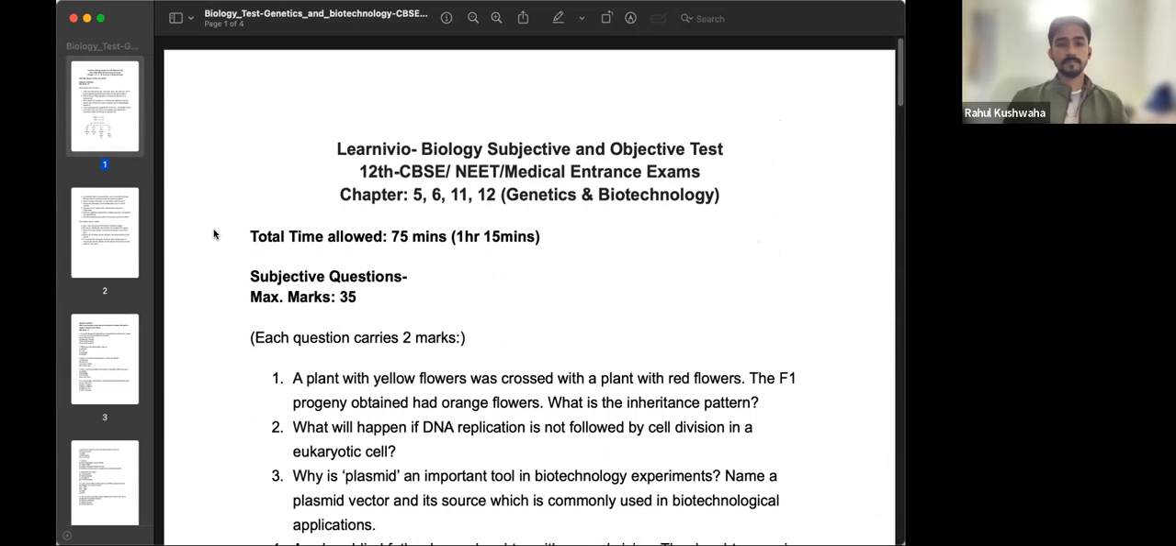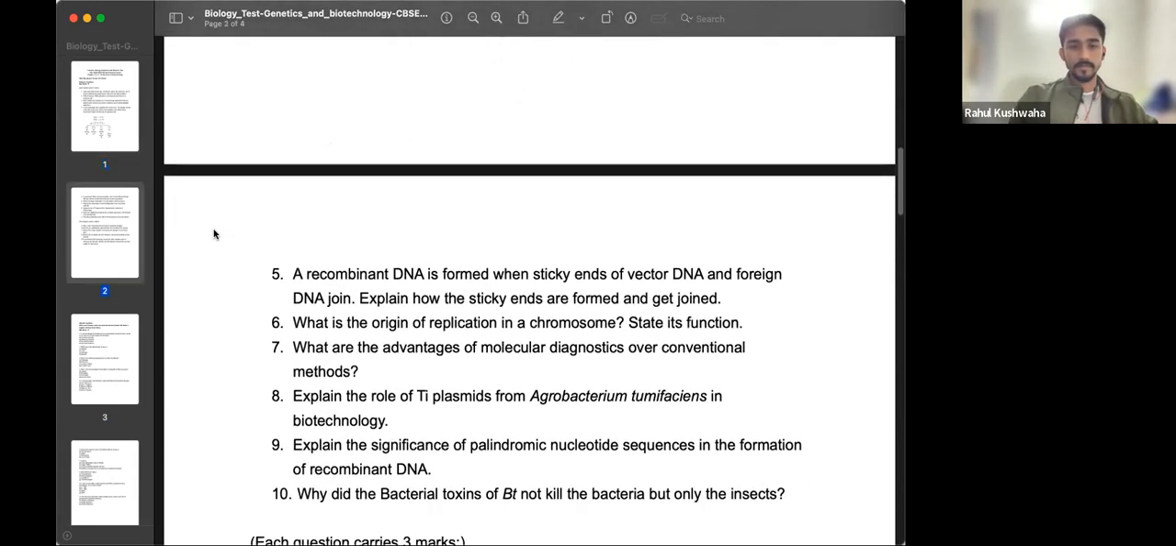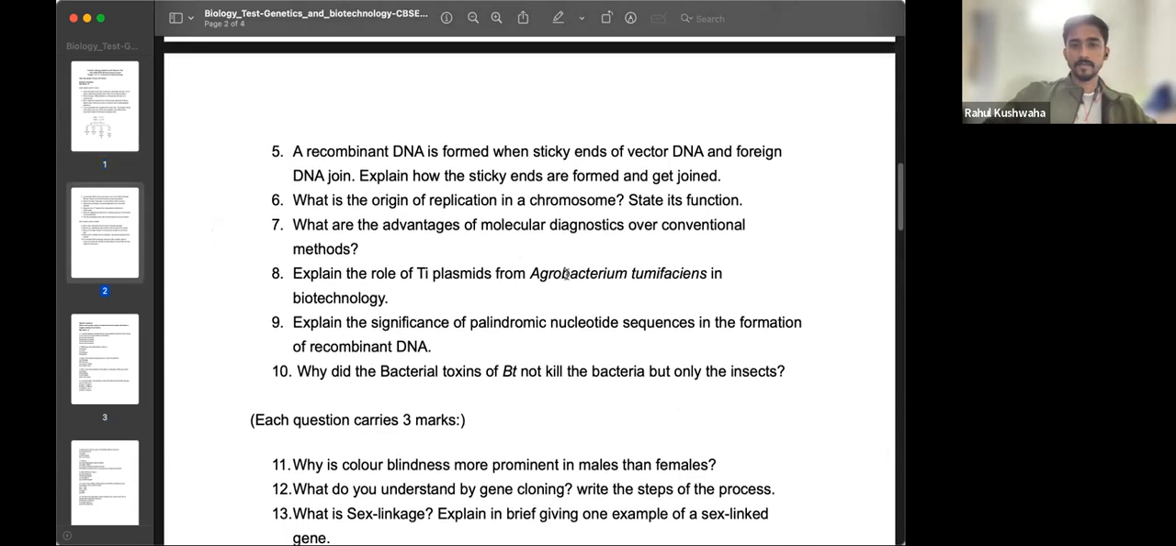So what is the answer for the 7th question? The 7th question, the subjective, right? Yes, sir. So this is, I think, what are the advantages of molecular diagnostics over conventional methods? So it's simple. So molecular diagnostics,